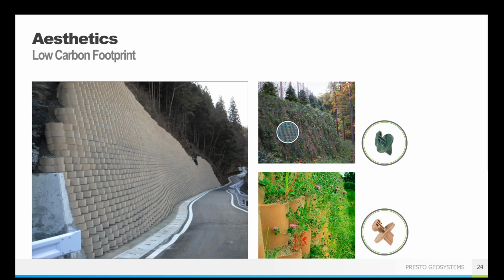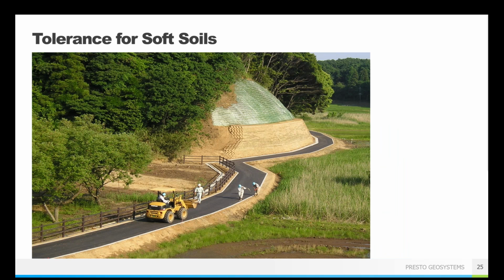And then they also have great tolerance for soft soil environments. That's probably one of the best benefits to using the GeoWeb system in general, is that it does have that ability to tolerate differential settlements because the panels themselves are quite flexible. So by building over soft soil environments or areas where you know that you're going to have differential settlement, over landfills is a common place where you know you're going to get differential settlement, using the GeoWeb system is a great way to mitigate the harm that comes from that differential settlement. The panels can flex and bend over that settlement as it occurs